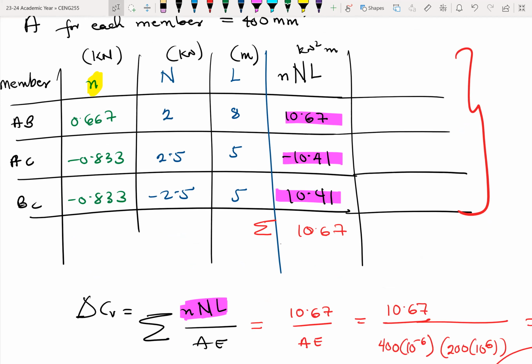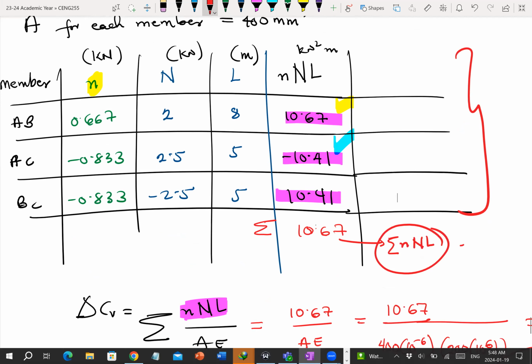So I sum the 10.67 here. I sum the minus 10.41 and then 10.41. So you add them up. Take note, some of them have minuses in front of them. So you sum them up and you get 10.67. But here, this 10.67, it's just only small n, big N, and then L. All right. So this is what you have. But this is not the complete equation. The complete equation also has